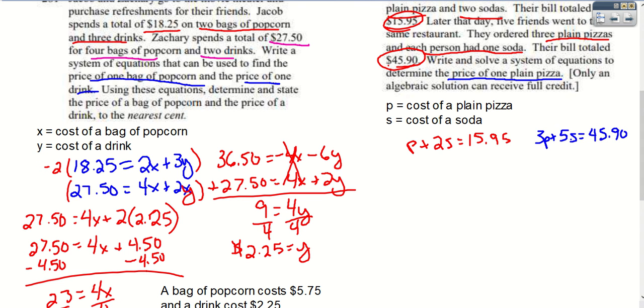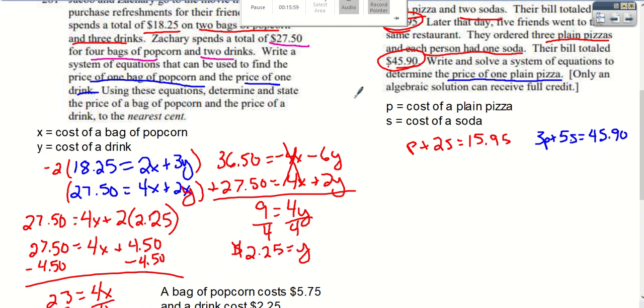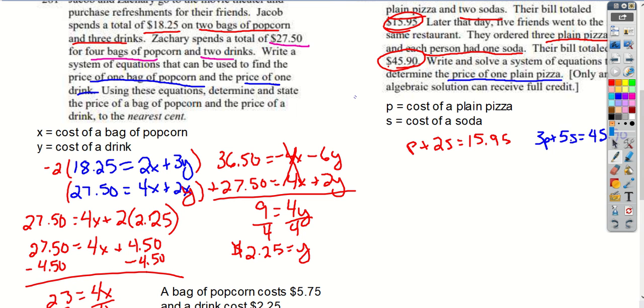All right. So we're doing this question. I think it might be easiest to use substitution here, but if you want to use elimination, go for it. Okay, so we're going to do substitution because we just did elimination anyways. So I'm going to solve for P because that's by itself. So I'm going to subtract 2s from both sides. Okay, and I get left with P is equal to